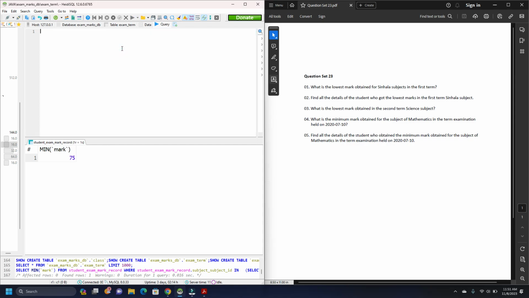And let's gain all of the details of the student who got the lowest mark for the subject singular in the first term. So we are obtaining all of the information using the asterisk from student,